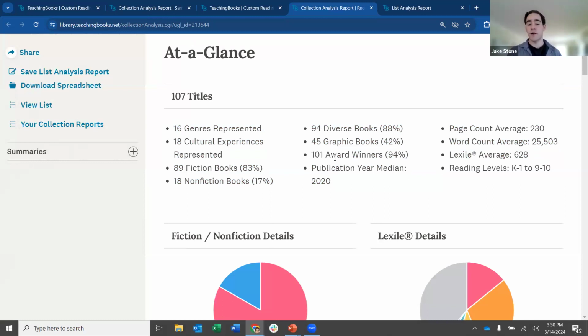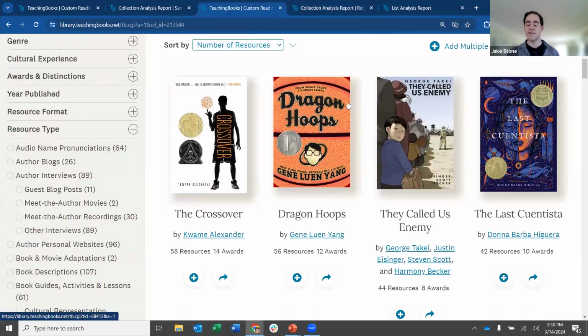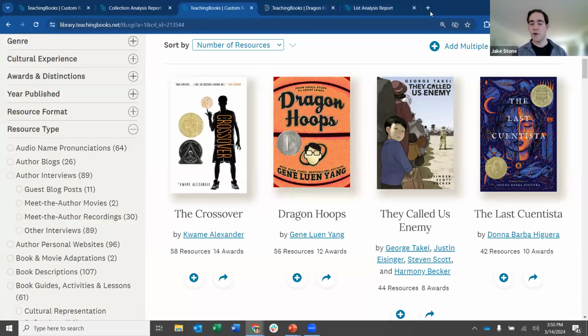We are going to get into how to build these lists and how to search for titles and everything, but we also wanted to jump back to this list and show you another thing quickly that Teaching Books can give you, and that is resources. A couple weeks ago, we did our first thematic workshop here, focusing on the Teaching Books resources, and they are lovely and can be another pillar of your summer reading work, ways that you can get kids excited about books. So we'll jump very briefly into Dragon Hoops, and I'll give you a great example of one of these resources,